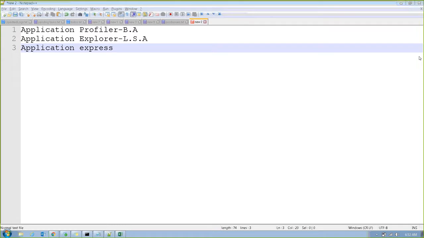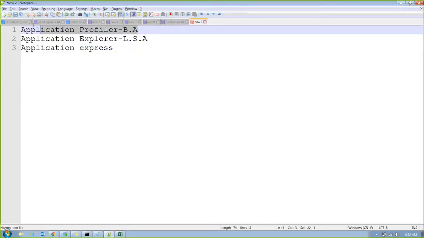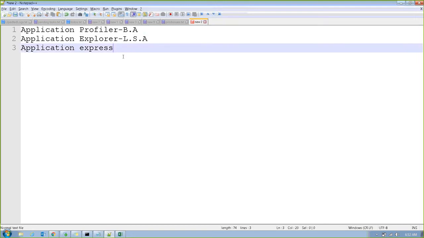Okay, let me explain Profiler again, since somebody has a doubt. Profiler was used by the business analyst, so you can say by the non-technical person, to gather the business requirements. In this Profiler, the main thing that we do is building the Visio diagram or the flow diagram of your application. That's the main thing we do in a Profiler.